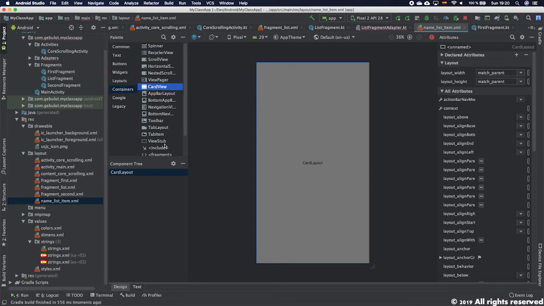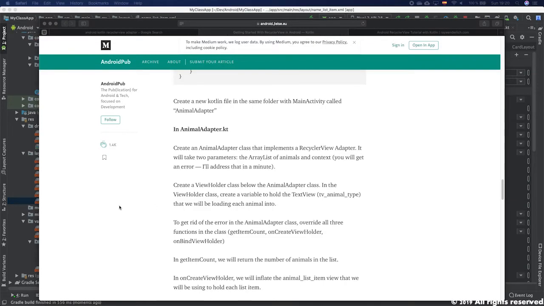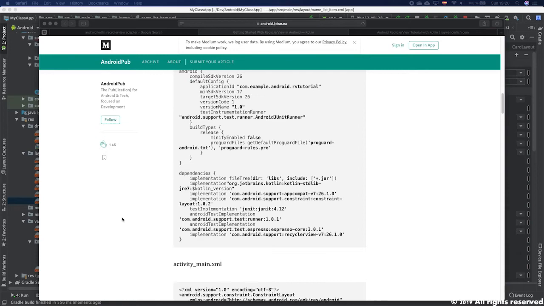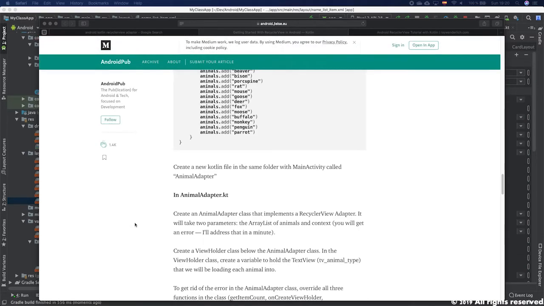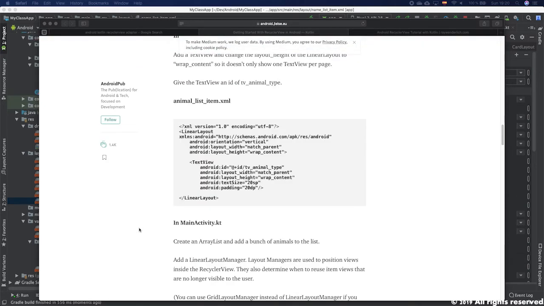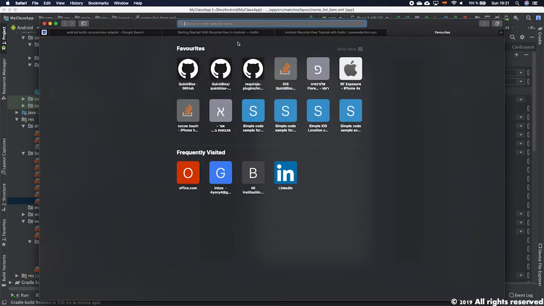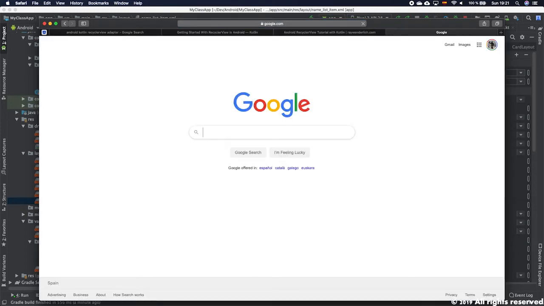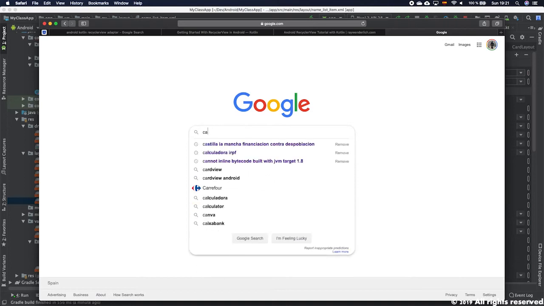Oh, sorry. In the example, what they're using, they're not using anything, probably. They're not using card layout, and I want to see the XML. It doesn't show here. It's a linear layout. They're using a linear layout. The card layout, we can look at it in Google. Card layout, I think it's Kotlin, Android,